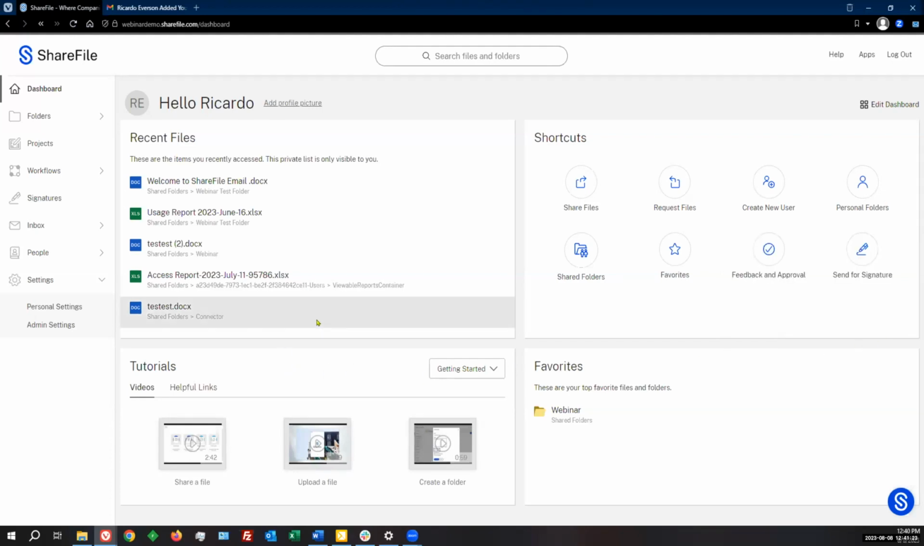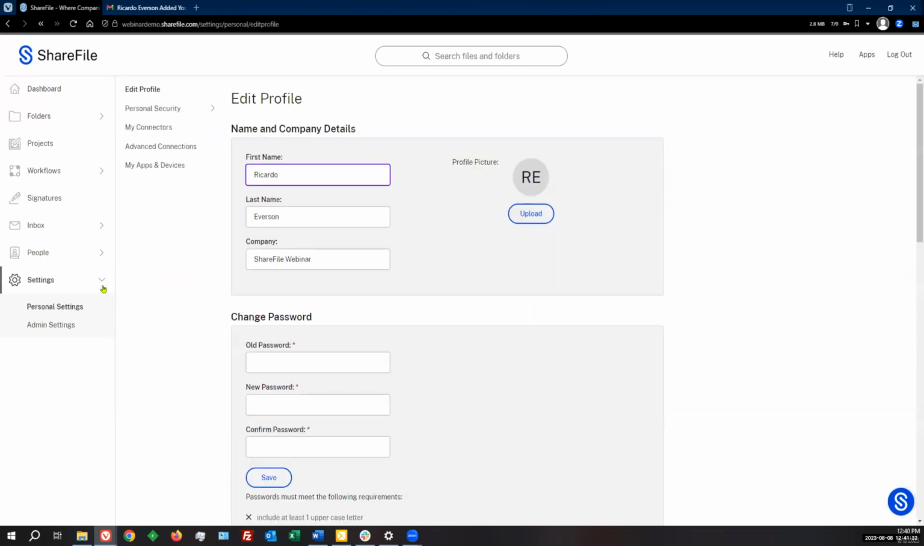But as Greg said, on the left-hand side here, all the way down to the bottom, we have settings, and then we have our personal settings and our admin settings. When we go into personal settings, we're first presented with editing the profile. And this is strictly for you as the user. This is not a global change. This is just for the user